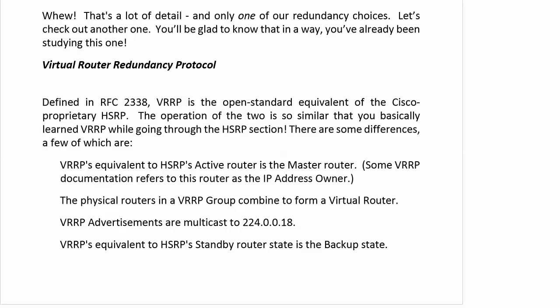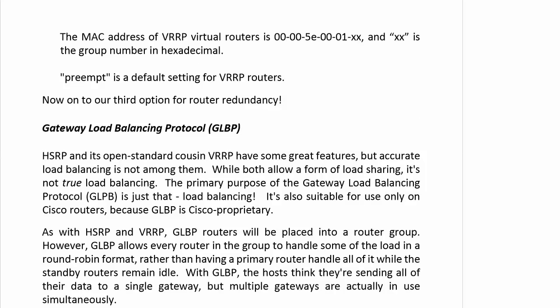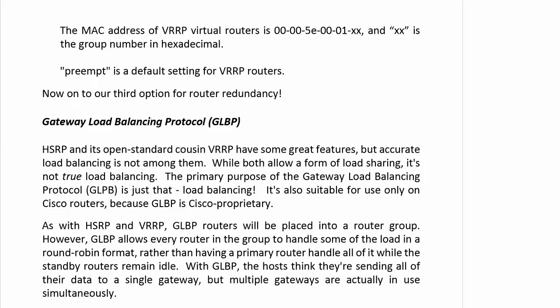But that's what I meant by putting a doc in front of you that was just VRRP. And just from knowing HSRP, you would know what's going on. Now, one major difference I want you to know about is that preempt is a default setting for VRRP routers. That's a pretty important detail and a big difference. And there is a reserved MAC address also for our VRRP virtual router,